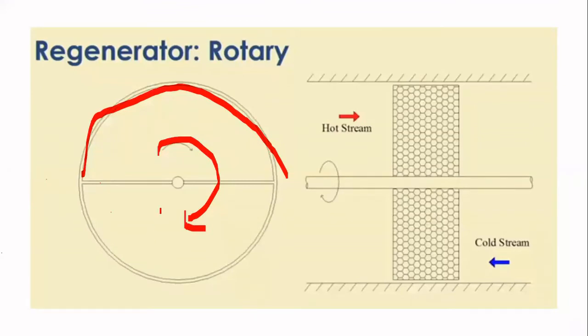Sir, there will be non-uniform distribution, right? Yes, the distribution is not going to be uniform, but it is going to run continuously in a cycle, so it is not going to affect that much. Just for explanation, I am using this notation that this entire surface is hot and this entire surface is cold. Actually, this takes place continuously. If I find an animation for this, I will show that in the next class.